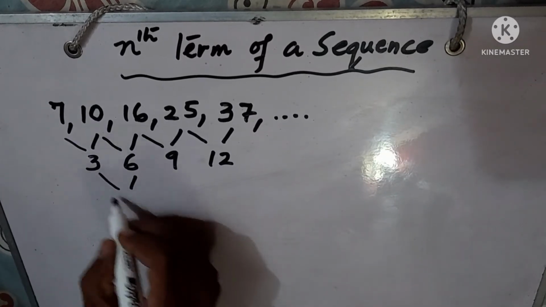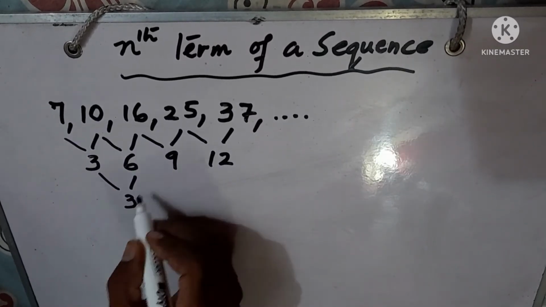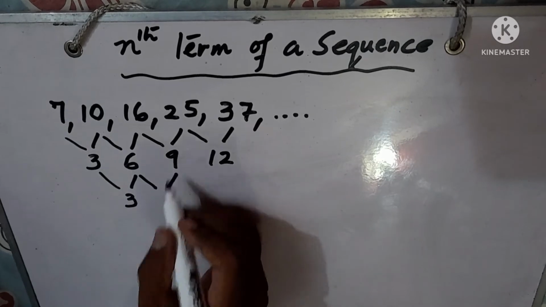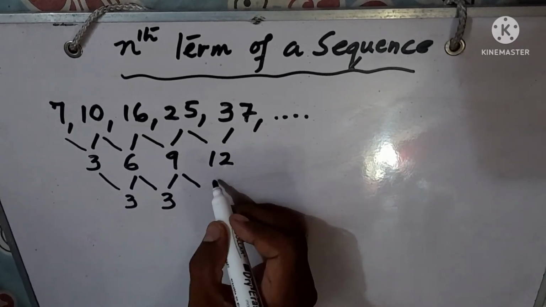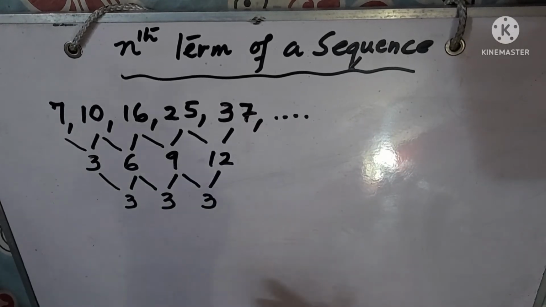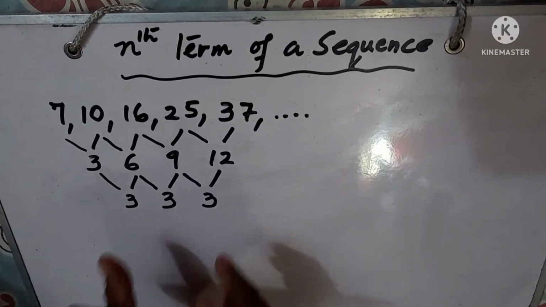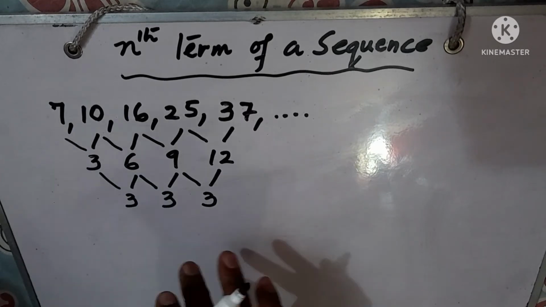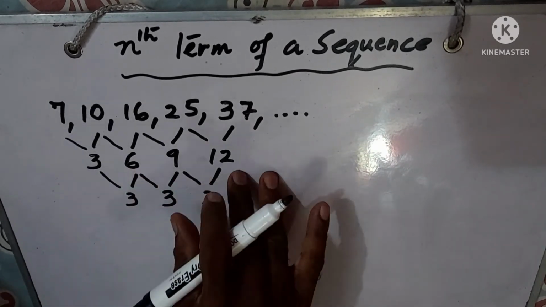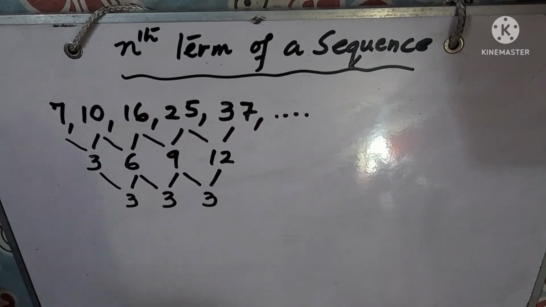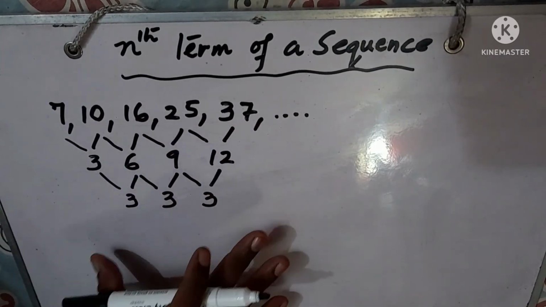So 3 plus what will give me 6? That's 3. Then 6 plus what will give me 9? That's also 3. Then 9 plus what will give me 12? This is also 3. Now I can see that the difference is the same in my second row. So this is my second difference, this is my first difference, and this is the original sequence. If you have this type of situation,